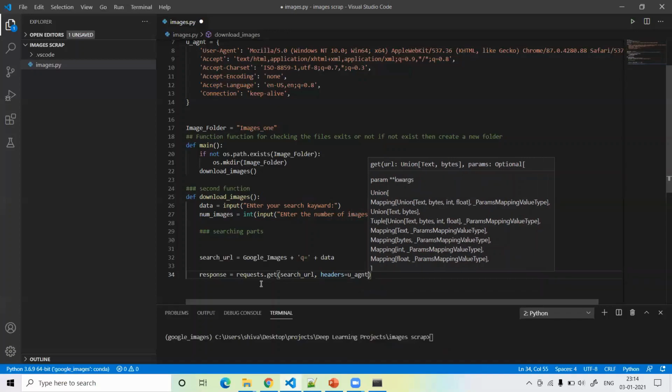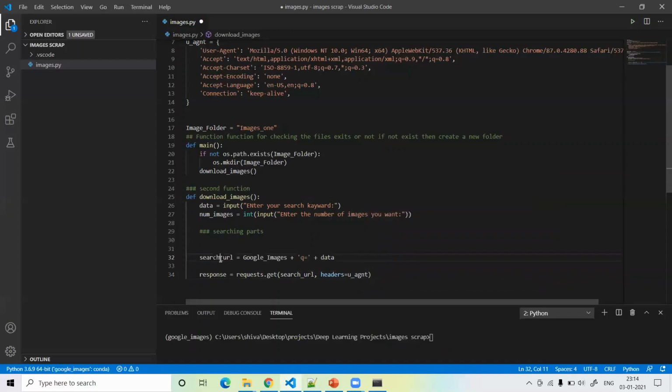See, first we have to search the data from Google, and then for the response back, we have to write requests.get search_url and define headers equal to user agent.